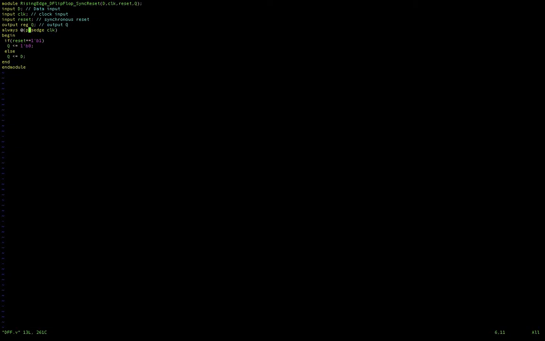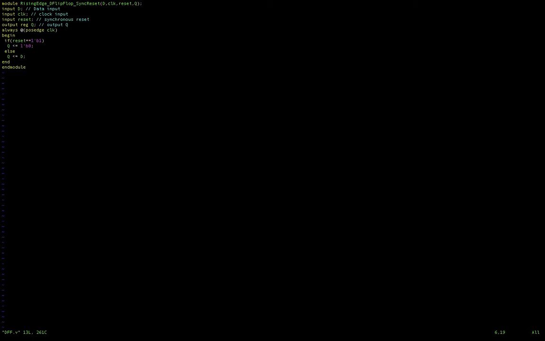Now we are defining the functionality. I've already taught you that the always block is a procedural block which is sensitive to a sensitivity list. The sensitivity list may be composed of input variables, and here the input variable is clock.